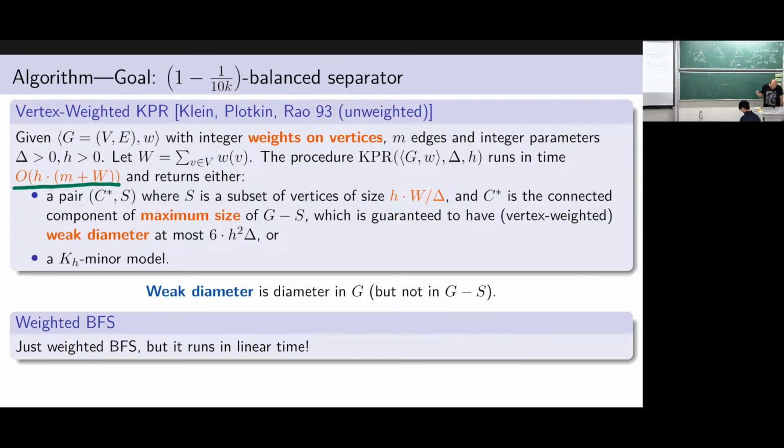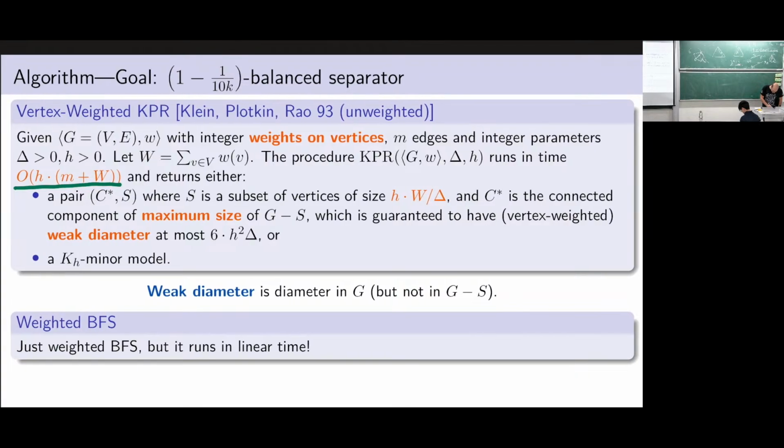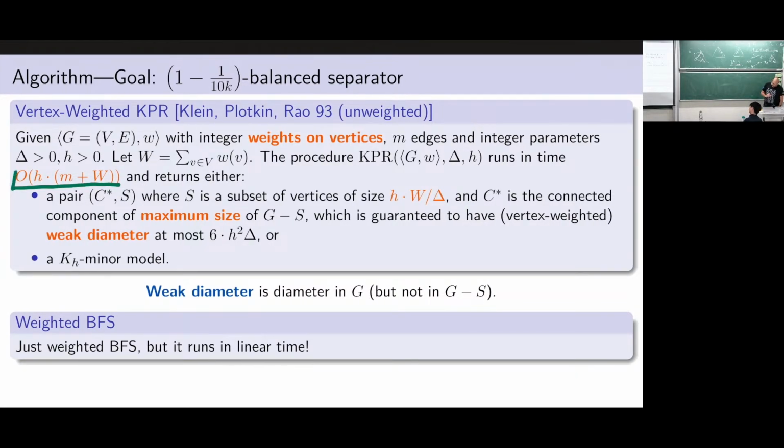I will show you this guarantee later, but this altogether will say that we will still run in this time. And what KPR does in this time is it either outputs a K_h minor model, and in this time we will really output the K_h minor model, or we will output a separator of this size, such that the largest connected component, if you remove that separator, is, and now the largest is in terms of number of vertices, not weights,